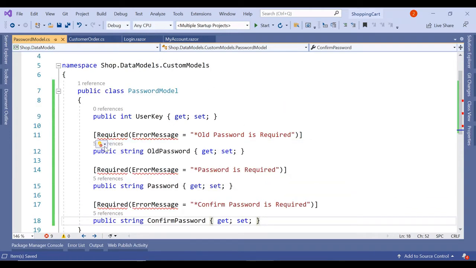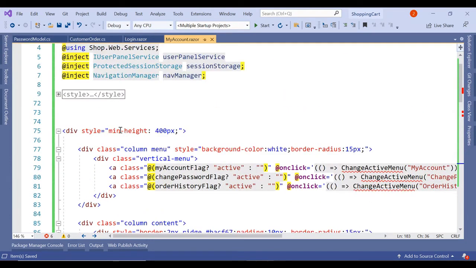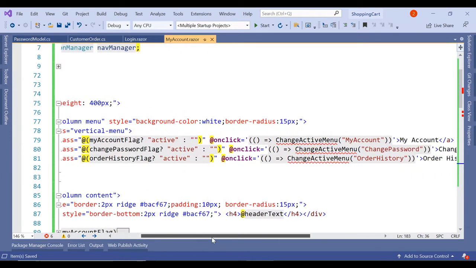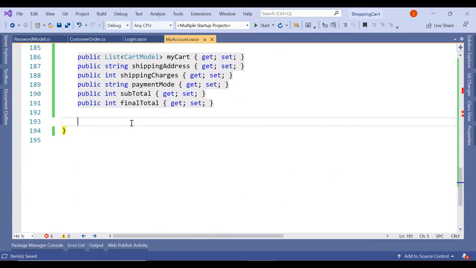So let's include the data annotations, save it. Let's go to my account, and here that error is resolved. Now if you see this, whatever variables we have declared, because of this some errors are gone. The next is we have to include this change active menu method with the input parameter of string. So let's create that, and also we have to create the initialize method.